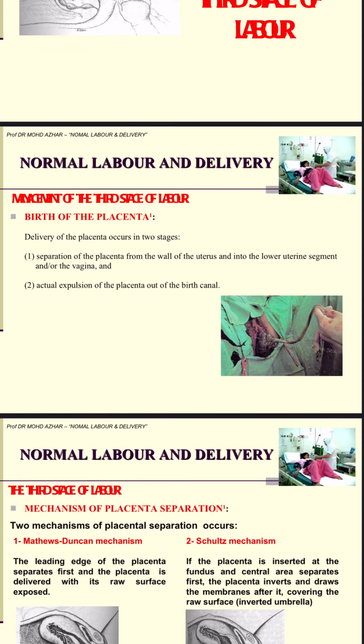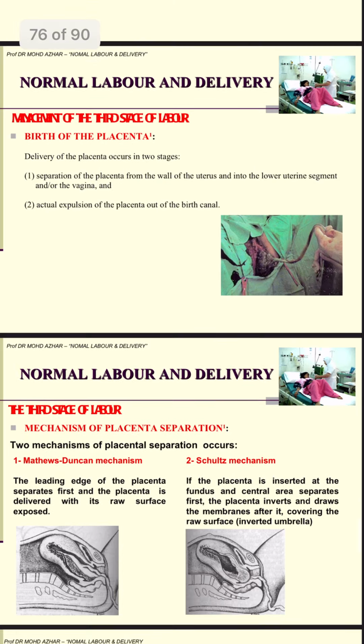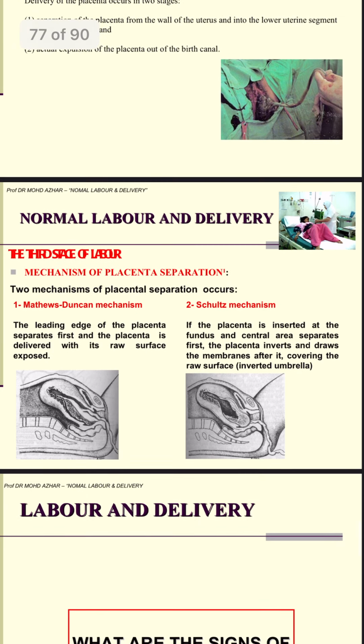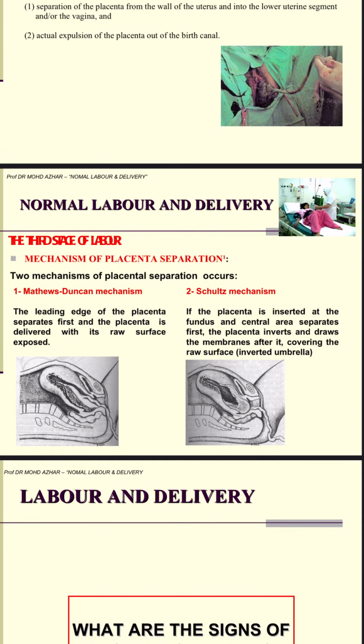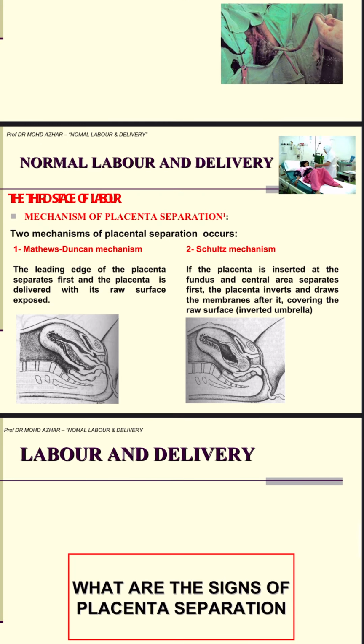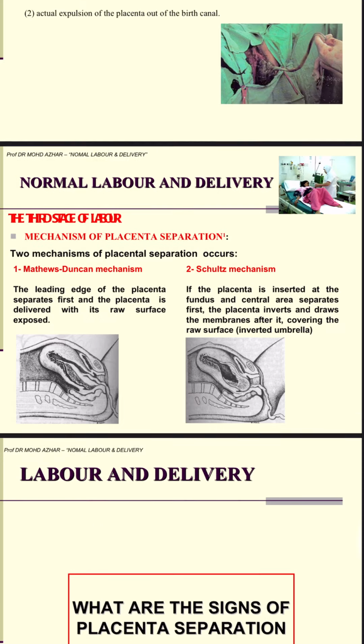Delivery of the placenta occurs in 2 stages: separation of the placenta from the wall of the uterus into the lower uterine segment, and actual expulsion of the placenta out of the birth canal. There are 2 mechanisms of placental separation: the Matthews-Duncan mechanism and Schultze's mechanism. In the Matthews-Duncan mechanism, the leading edge of the placenta separates